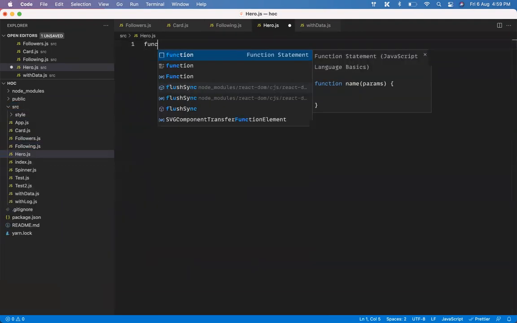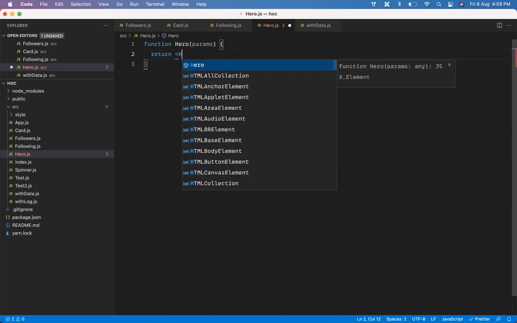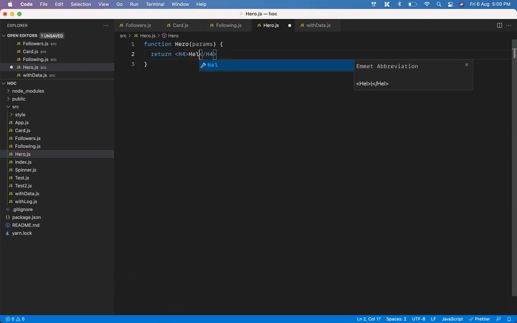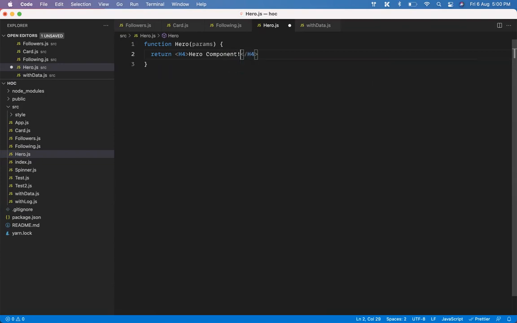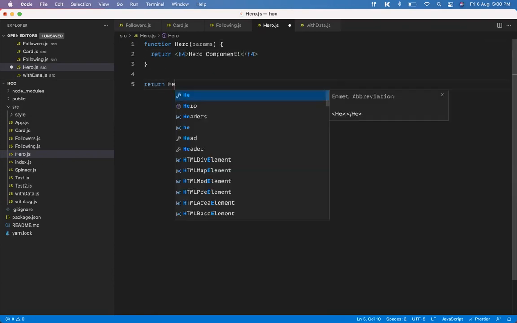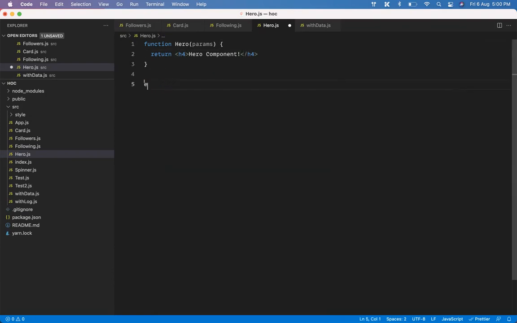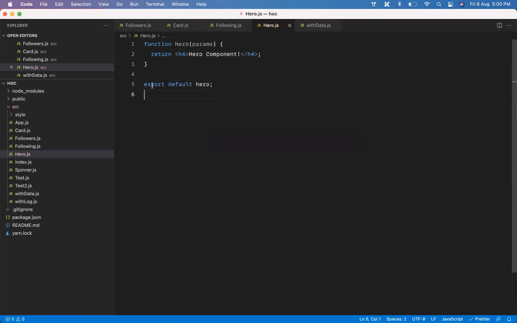And this is a component that is a simple function called hero, and it is just returning an h4 and calling it hero component. I'm just going to export default hero.